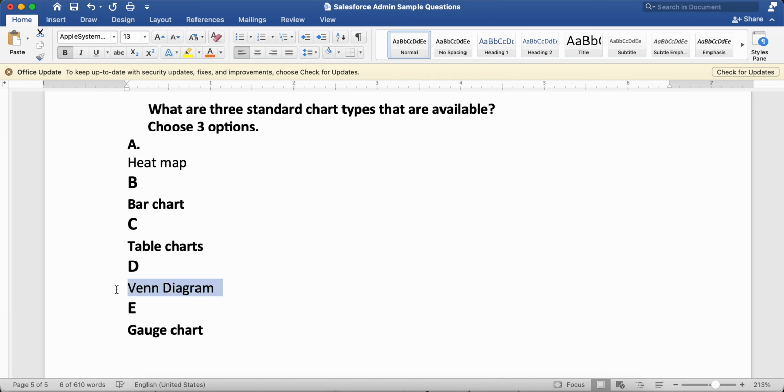And see, look, what is a Venn diagram? It is saying a heat map. So even from the options it is clear, but if you just go into charts and explore, you will get to know it as bar chart, table chart, and gauge chart.